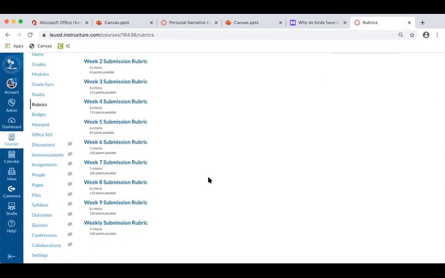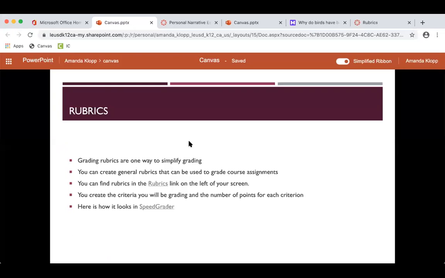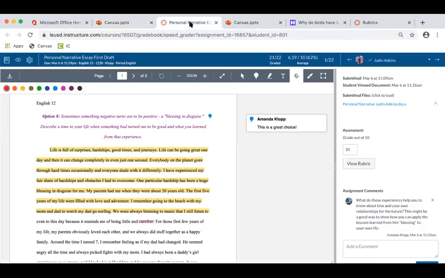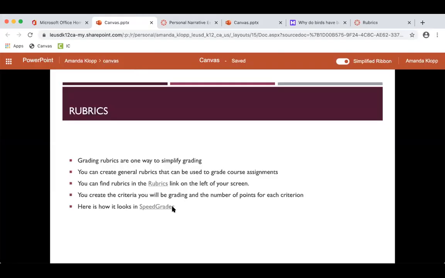But if I did, like maybe I always had these comprehension questions after every story, and I had a certain comprehension rubric that I created, or I had like a math assignment rubric I created, then you can create your different criteria and the points that you're willing to award for those different criteria. So the way that rubric idea looks in SpeedGrader, go back to it,